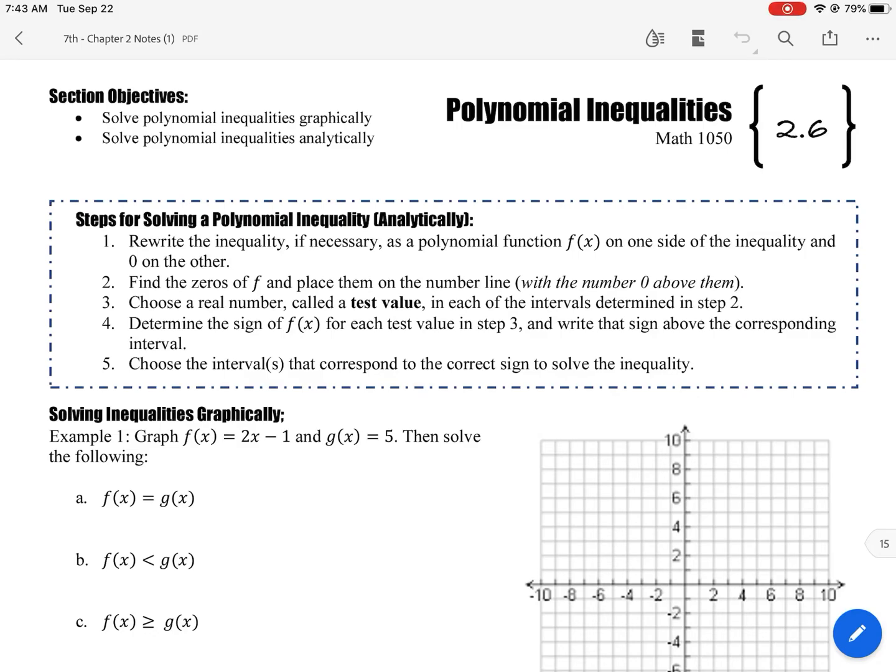Okay, this is the last lesson of chapter 2. Woohoo! We're looking at polynomial inequalities. So I put some steps at the beginning. It's totally up to you, but I do think that they help you formulate a process for how to solve